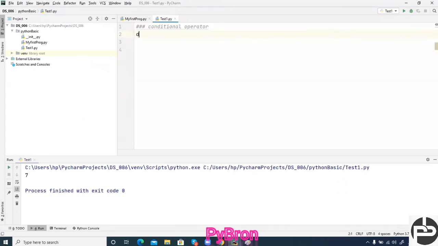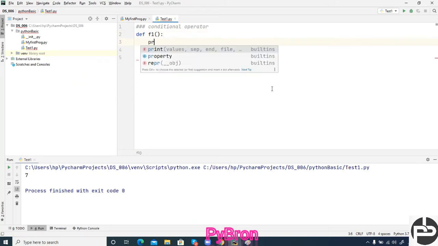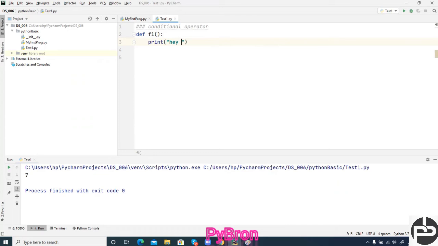See how to define the function: def f1, and here you can give anything, no worries at all, print "hey man, how are you?" That's all. Now if I call this function f1, what output are we getting?